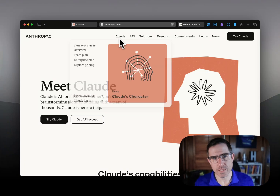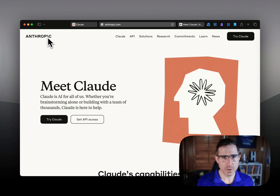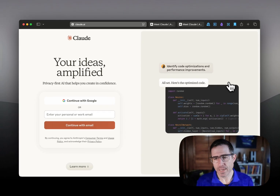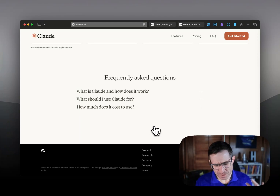So all of this here, it's a very well-structured funnel so that people aren't nearly as confused when they go to the Claude website about what they're supposed to be getting, right? What am I supposed to do? What am I going to get? And how much does it cost, right? They're answering all of these questions. And I would challenge anyone to take a look at their website and see if it's this clear up front,